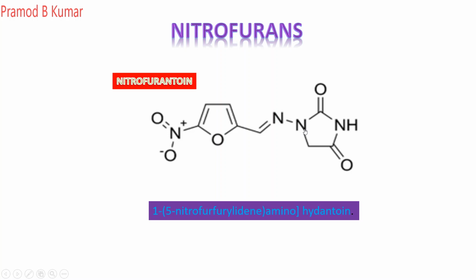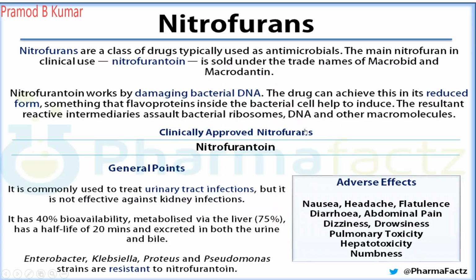Hydantoin is a 5-membered ring containing an alternate nitrogen and a carbonyl group, amide group, and amine group. So they are connected together to form a hydantoin. Now the mechanism of action. They work by damaging bacteria. They act as a prodrug, so the nitro group gets converted into your amino group and they get incorporated into your flavor proteins,